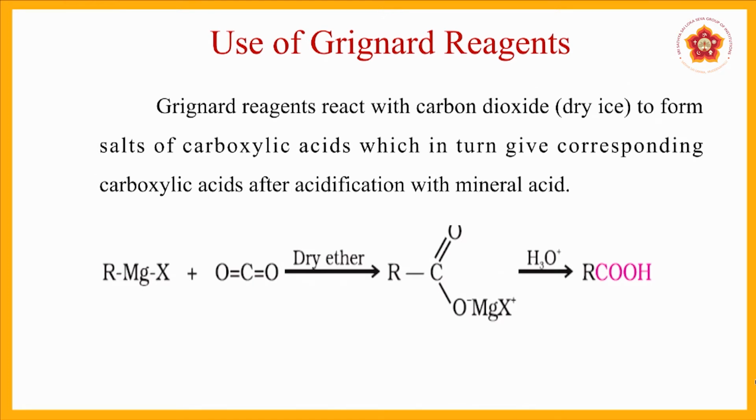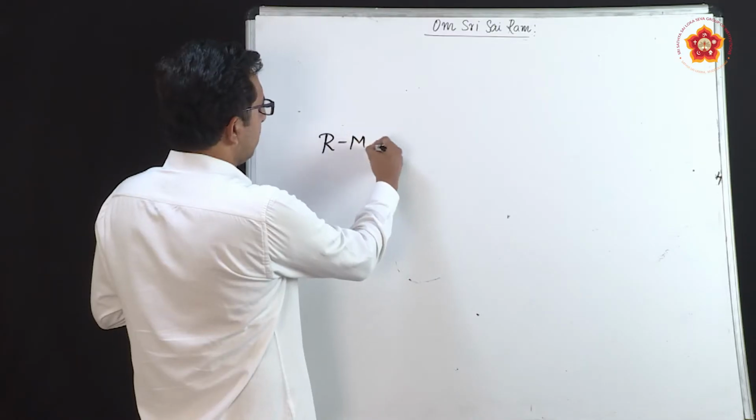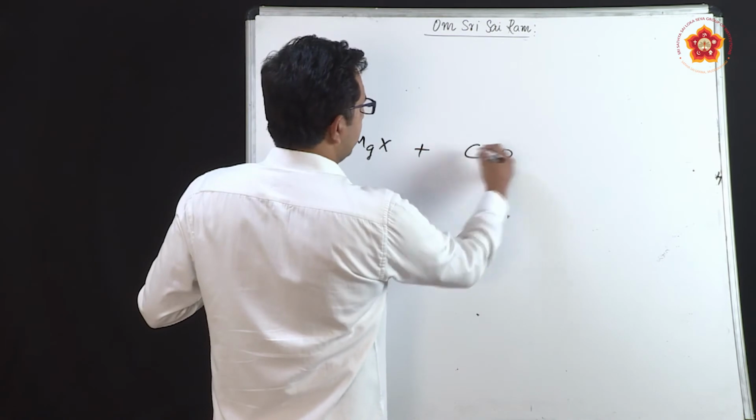Grignard reagents for preparation of carboxylic acids. We have already seen that Grignard reagents have a speciality where the production of carbanions can be seen, and that advantage is utilized here where carbon dioxide gas in the presence of dry ether, the ether used here is diethyl ether, C2H5-O-C2H5, that is the reagent that is being used here as a solvent. So, this carbon dioxide, it tends to undergo substitution in the cases where the Grignard reagent of the form RMgX reacts with carbon dioxide.